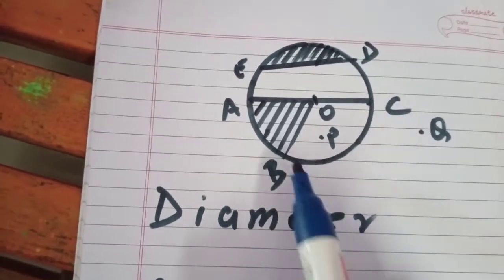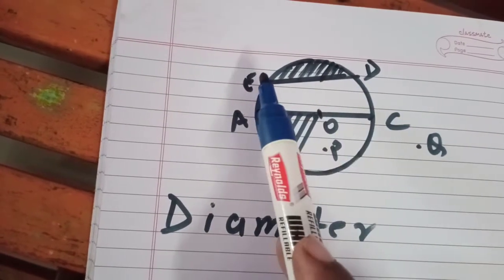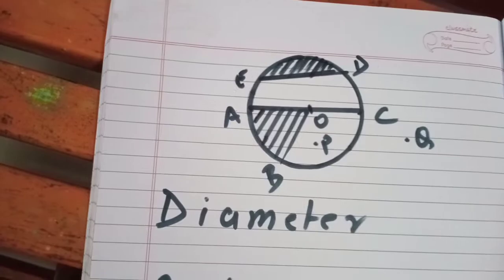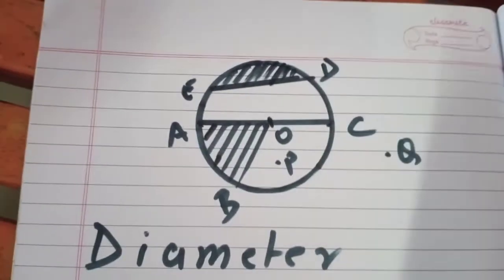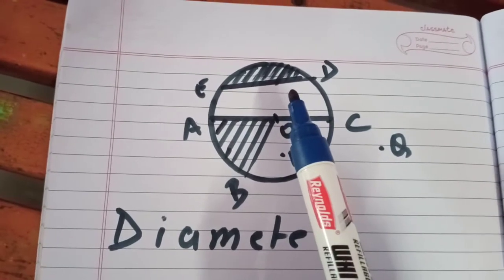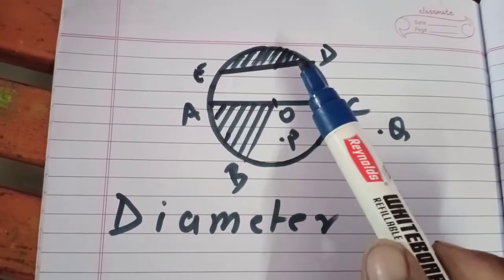So if I just take the segment DE, this is a specific chord or a string. This specific segment is a specific chord. Segment D to E is a specific chord. C-H-O-R-D, chord, okay? So that is a specific chord.